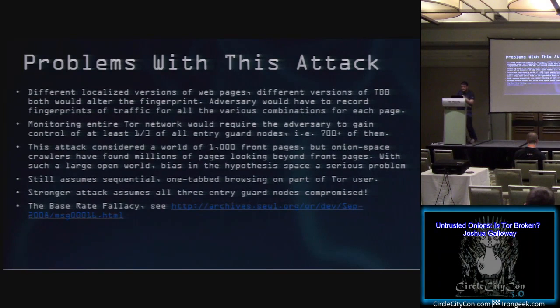And there's also a problem called bias in the hypothesis space. That's something in machine learning, whereby as the number and complexity of classification categories increases, let's say the number of different pages you're trying to fingerprint increases, but the feature information doesn't increase, the true positive accuracy ends up going down, and the false positive rate goes up. So when they show these, they show that this had 99% accuracy with, let's say, 1,000 pages. That would not be the case if they were fingerprinting much more.